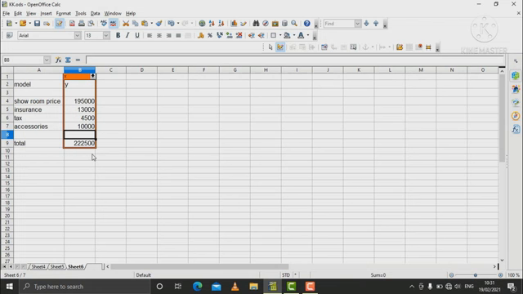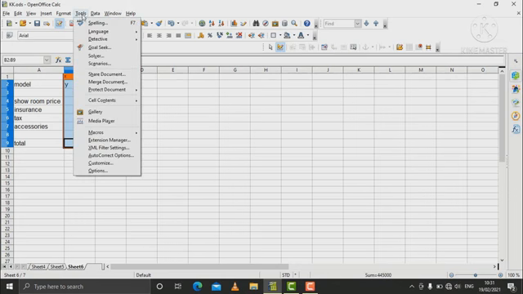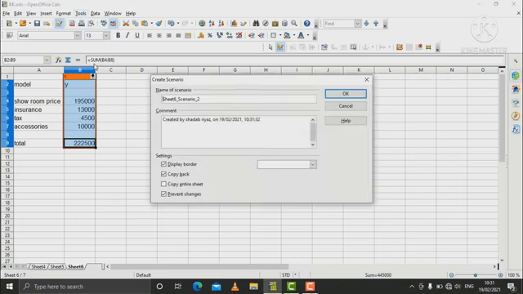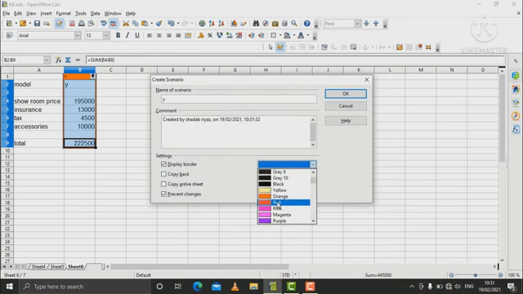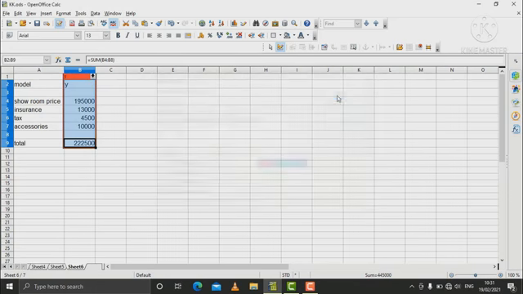After changing all these things, just select the total data range and perform the same task. Go to the Tools menu and click on Scenario. Here give the name of the scenario. I give it as Y, and I also set a color for it, and click on the OK button.